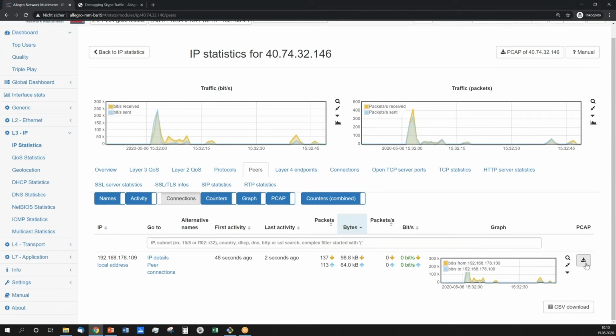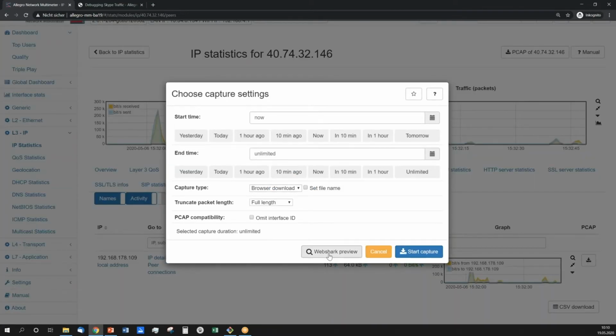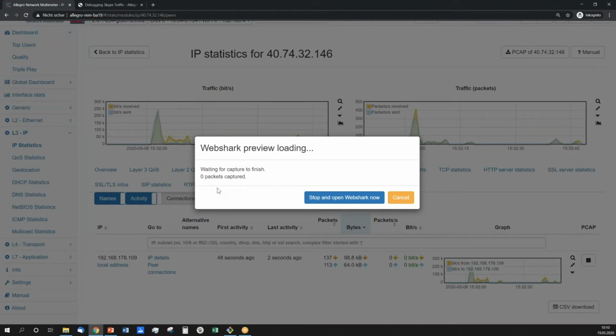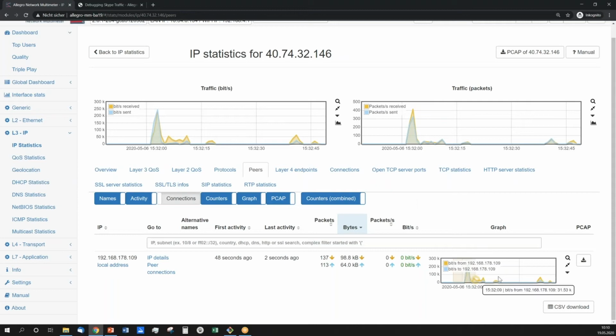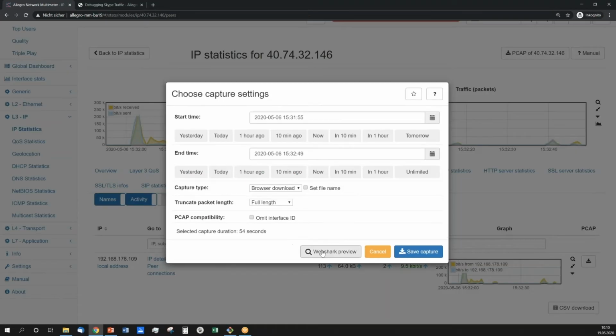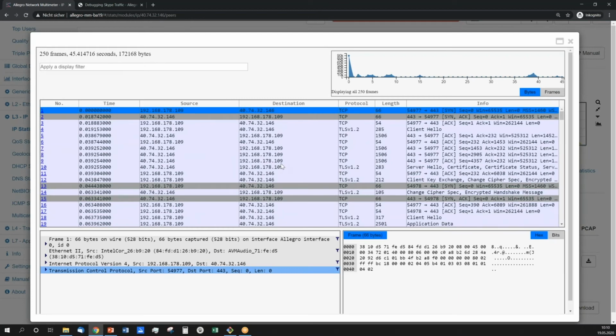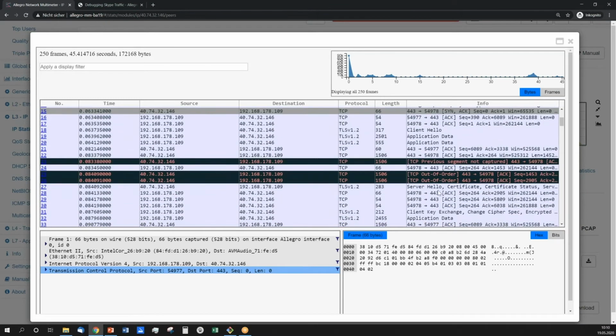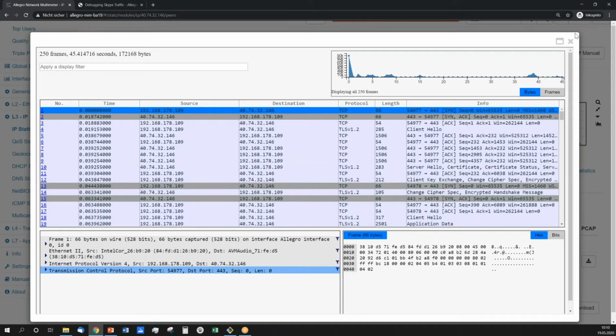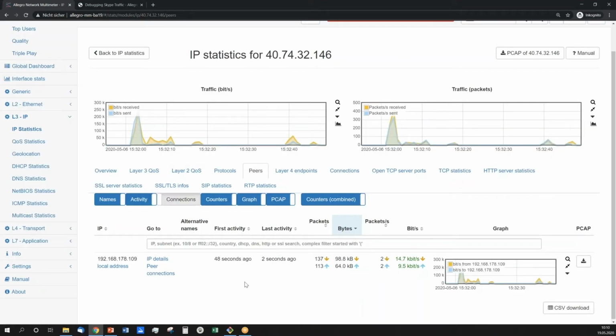Here again, of course, we can use the PCAP button and look back in time, for example, with the preview. And oh, I know I made a mistake when I started the PCAP. I have to do the opposite. I have to mark the time frame. Now it's working. And here we see the encrypted traffic and the login. Skype is a protocol which is based, as of today, on the Microsoft Cloud. So you see a lot of requests not only going to Skype, but also to other Microsoft servers.